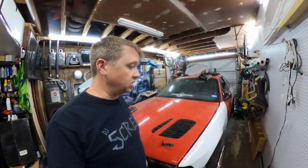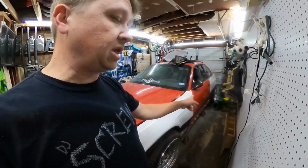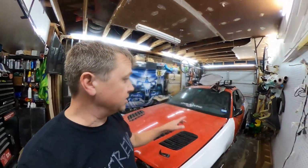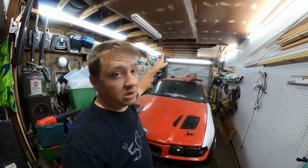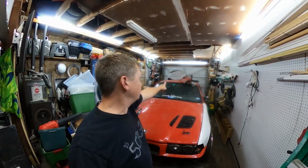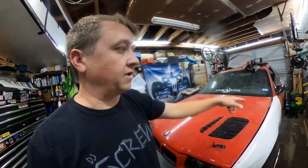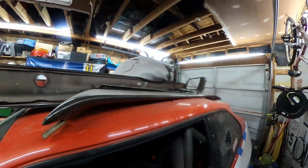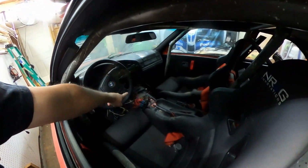Second thing we need to do is we need to bolt up the wheels tight so that we can put this thing back down on the ground and we can back it out of the driveway. We also need to get all of the stuff off the roof of the car so that we can get the side skirts and all the side panels, like the carbon fiber side skirts, back on and everything. Then we also need to take our carbon fiber center console and we need to put it back together and